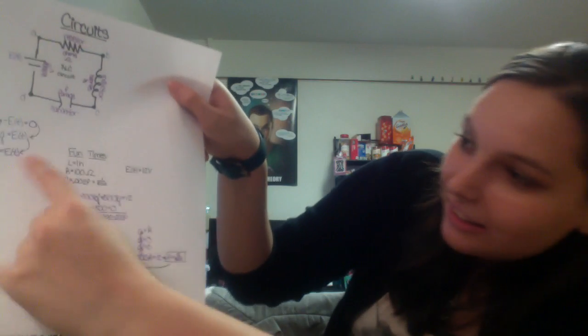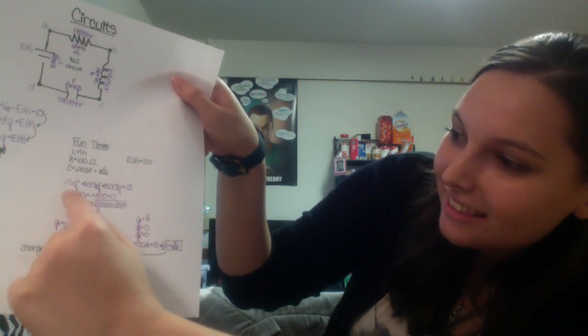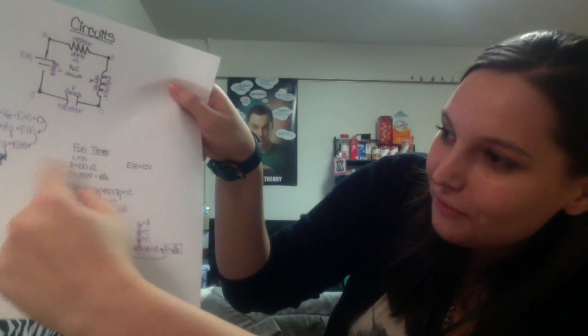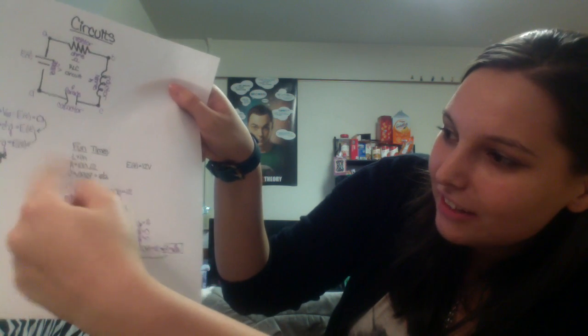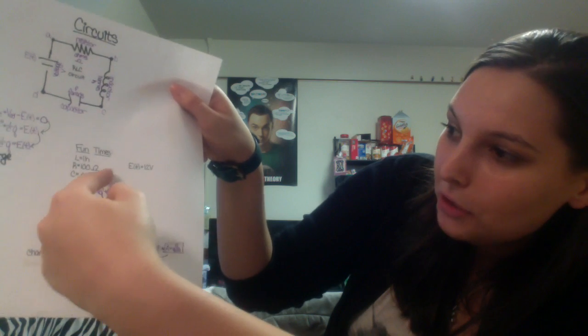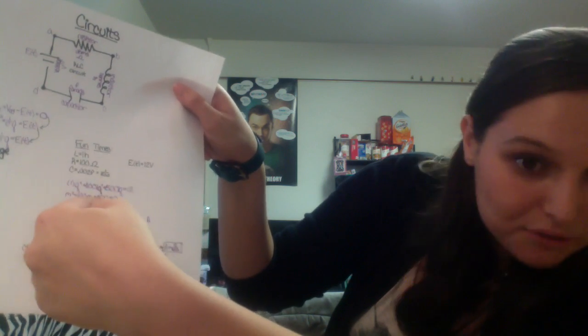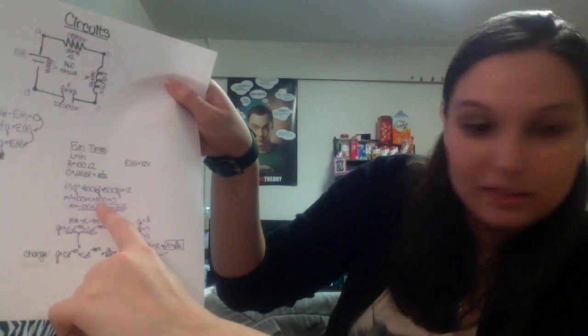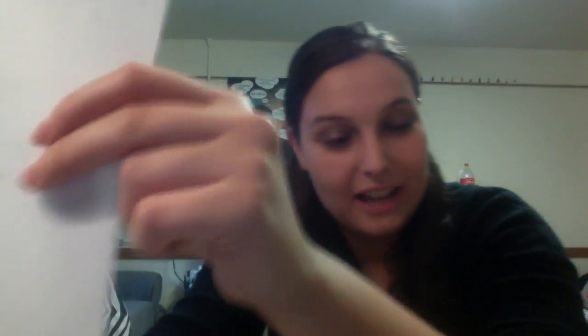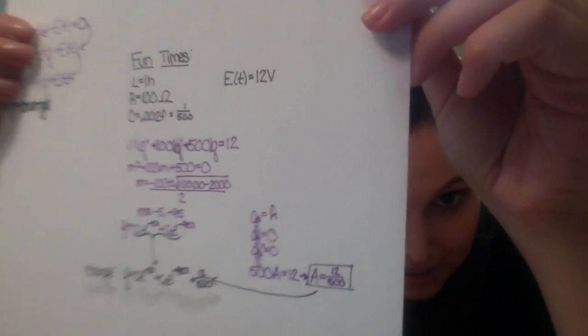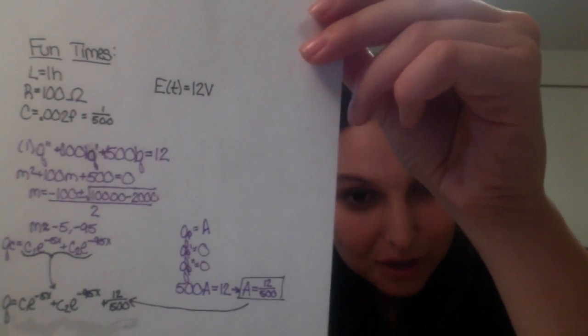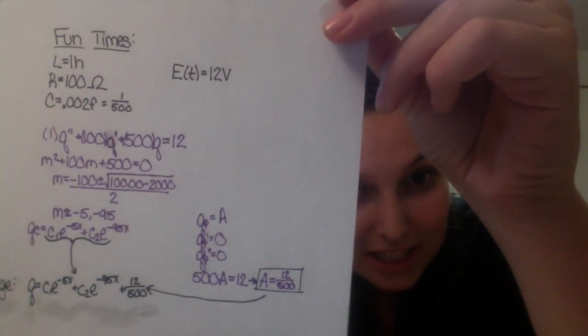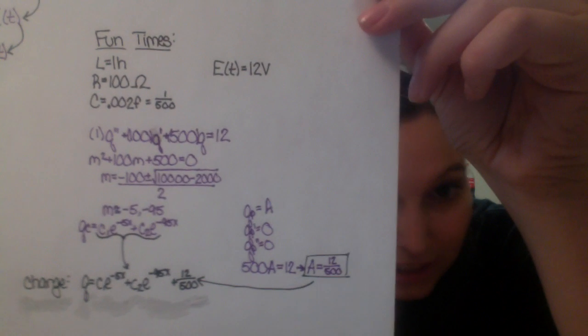So the 1 goes in there because it was L, and the 100 is the R, and it goes there, and the 1 over 500 goes in there, and it becomes a 500, and you can't see what I'm doing right now. So that happens. And you're all so bored and nobody's watching this video anymore, I guarantee, and this is so complicated. So that's the kind of stuff that happens, and then you have to factor it, which is where it says